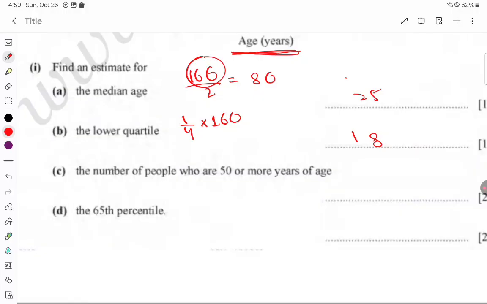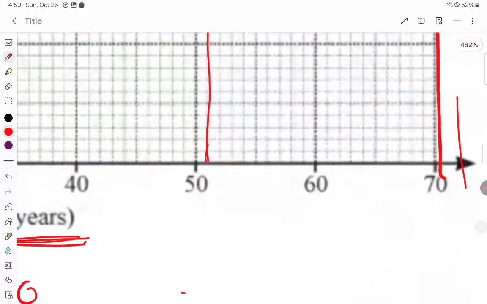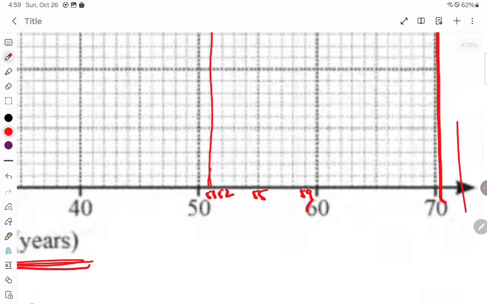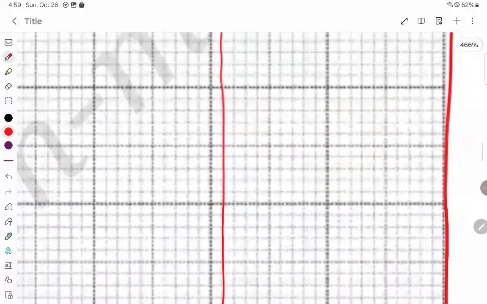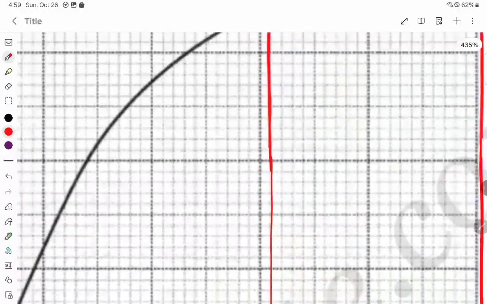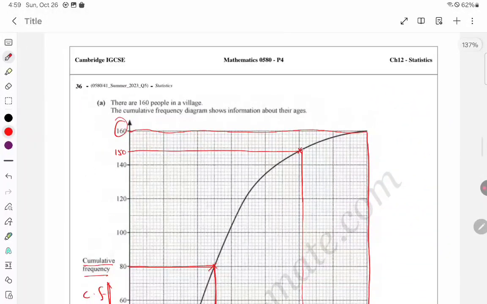For more than 50 years old, we can consider 51. This is our 51, 52, 55, 59, and then 60. So on this 51, make a straight line, and here it cuts the graph, and from there we can see at this point